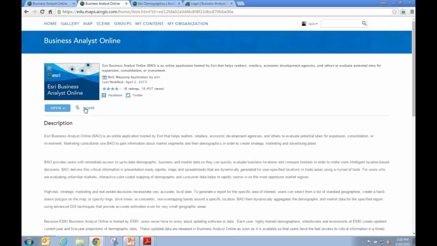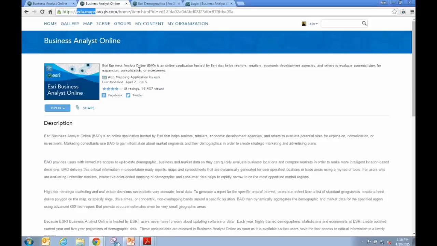has been shared with a specific group. And you notice the URL up here at the top is no longer in the marketplace. It's at edu.maps. That edu ties to the Education and Research ArcGIS Online organization account. So from the marketplace, you procure the application, you share it with a group, and so on. So here's the application, and in the slides that follow, we'll move forward into other things that relate to using